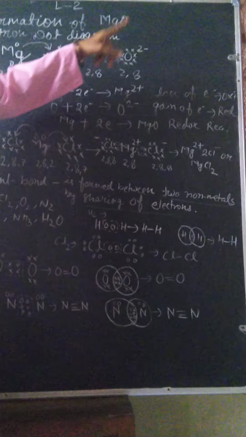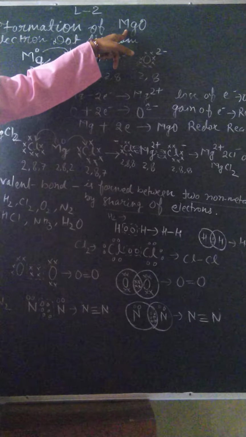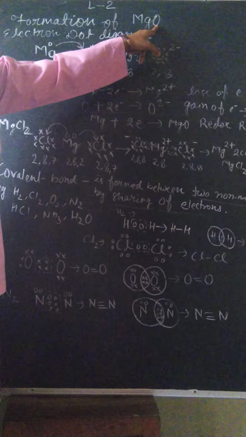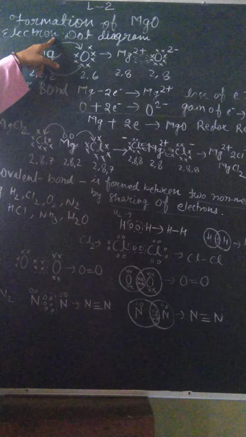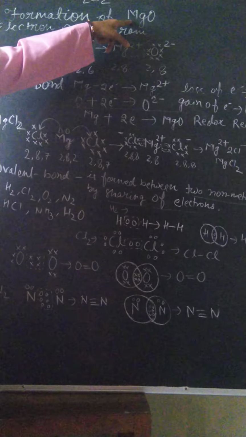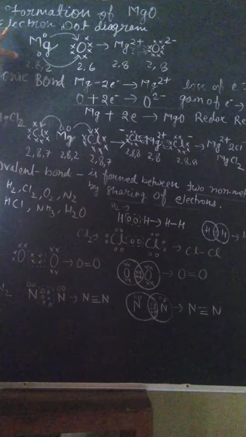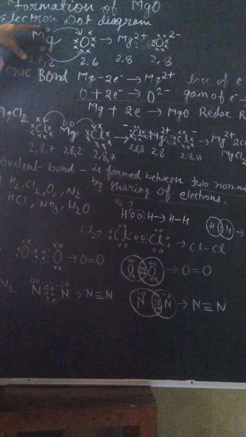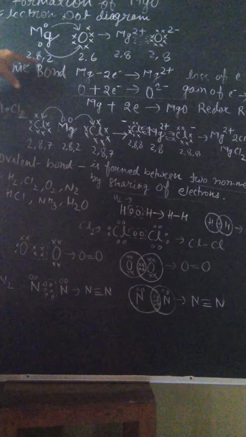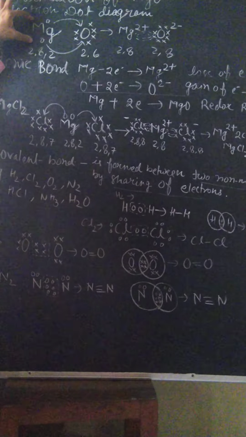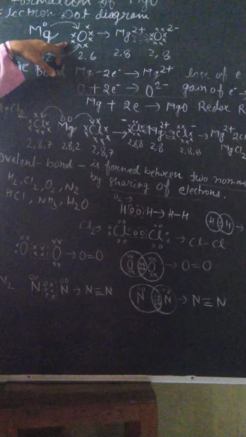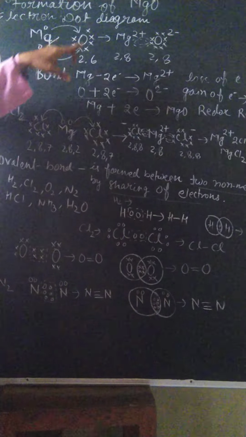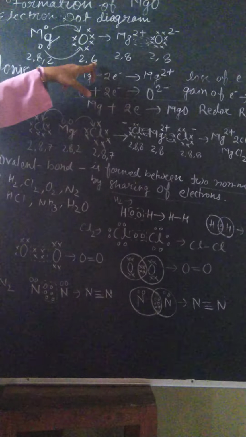Magnesium oxide MgO. First of all, you have to see the number of atoms in the formula. One atom of magnesium and one atom of oxygen. Now electron dot diagram. For the formation of magnesium oxide, that is ionic compound, first topic is electron dot diagram. Magnesium, 2 valence electrons, 2, 8, 2 configuration. So this is the Lewis structure of magnesium. Now the Lewis structure of oxygen, 2, 4, 5 and 6. 6 valence electrons, its configuration is 2, 6.